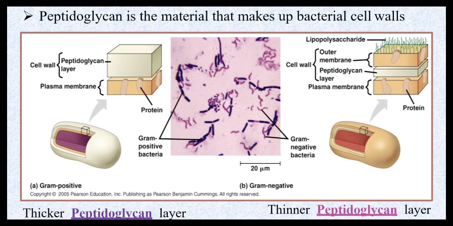Okay, and the second distinguishing point is that gram negative bacteria has a complex nature, a complex structure. Why is this so? Because its cell wall contains lipopolysaccharide as its outer layer, and in gram positive bacteria the outer cell wall is the peptidoglycan layer. So gram positive bacteria has a simple cell wall layer compared to gram negative bacteria.